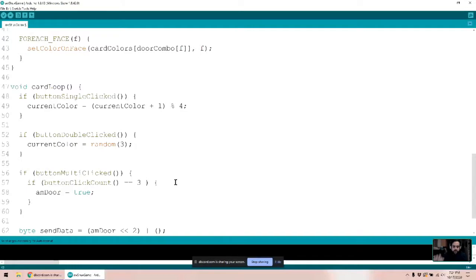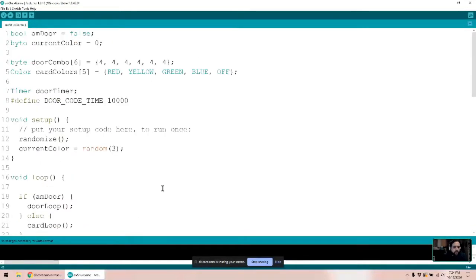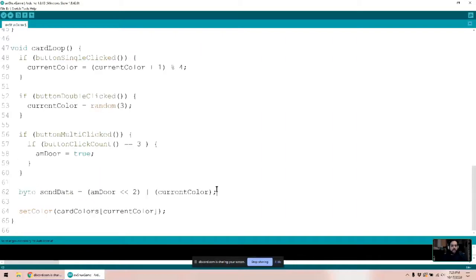And then I'm going to add currentColor. I know it's weird that they're in parentheses, but that's just how I like to do it. Right now, what this is going to show you, and I'm going to do this while I'm talking about it, is how I visualize the process. There are probably much smarter ways to visualize it, but this is how I visualize communication on